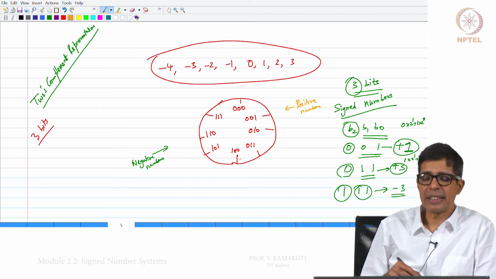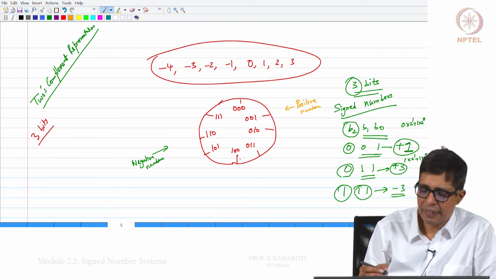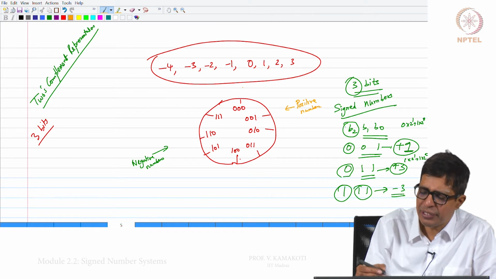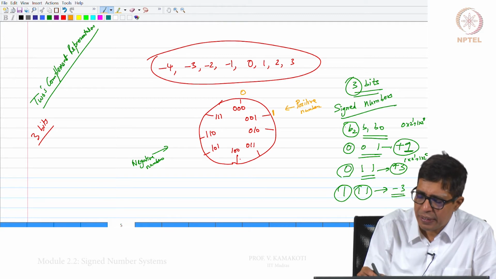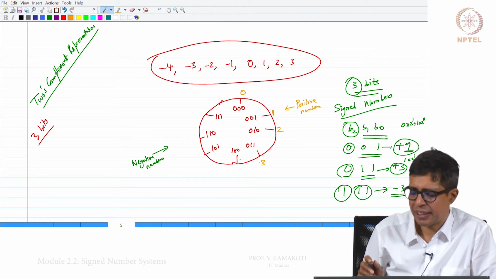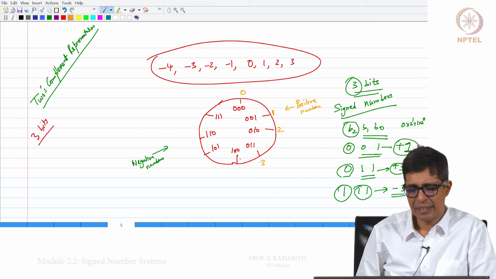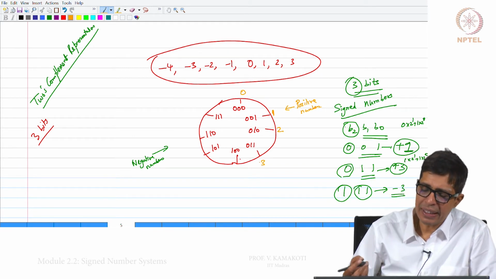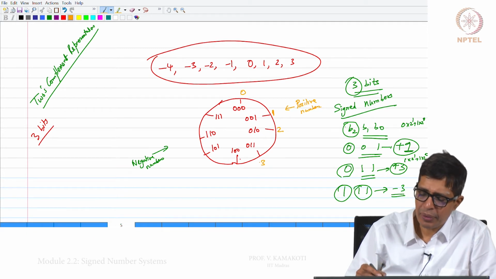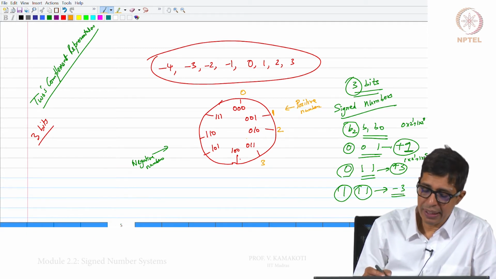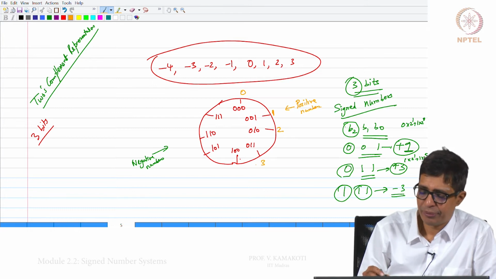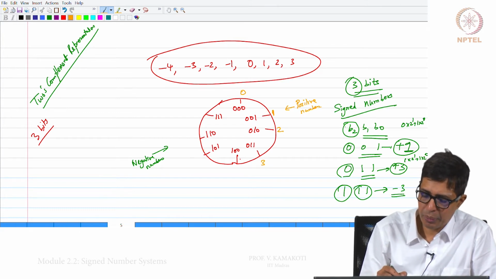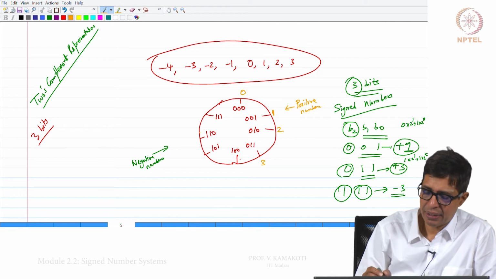Okay. Now, let us name this. So, positive is very easy. So, this is 0, this is 1, this is 2, this is 3, right. Now, this is a wheel which starts from 0 0 0 to 1 1 1 and again back,